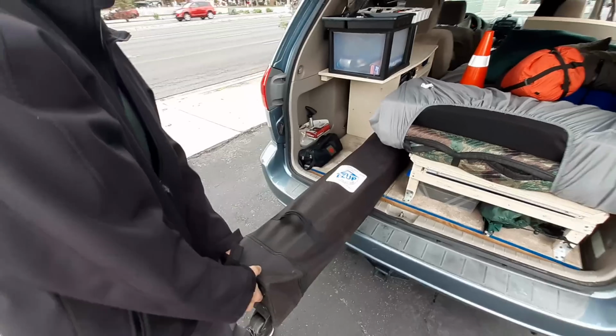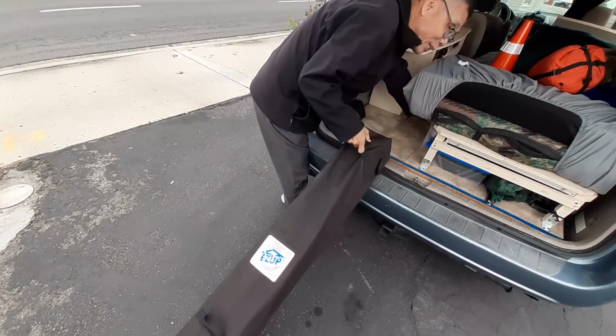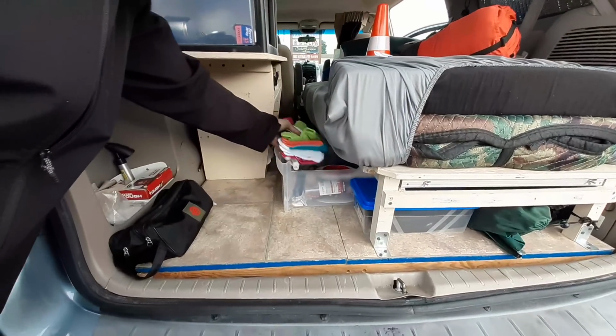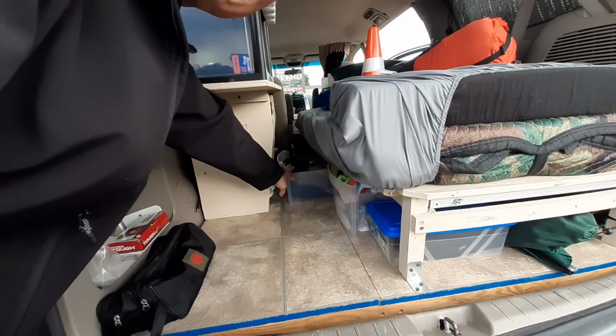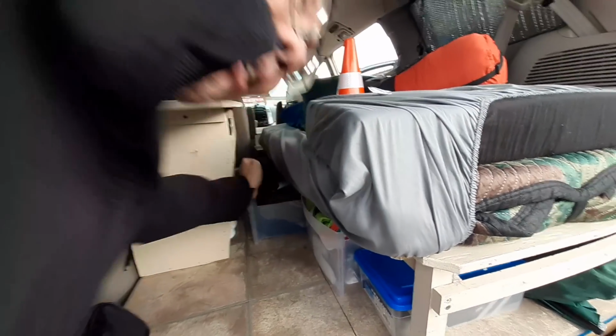See, I actually have a 10 by 10 pop-up. And he can pop up a tent. But I have more cooking storage, and more cooking stuff here. I have more storage down here for clothing, cold weather. That way, when it's cold, I just reach down and get my beanie,